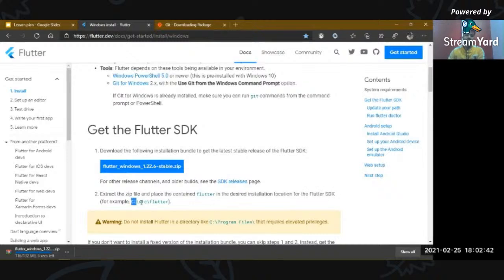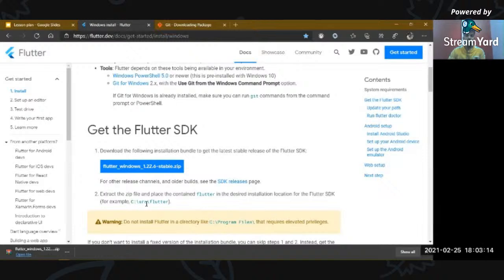So it could be like C SRC Flutter, anything. And what is the noticing point here is that you should not place your extracted folder in the Program Files that are placed in C drive. Because it requires elevated privileges, administrator permissions, to run Flutter commands.